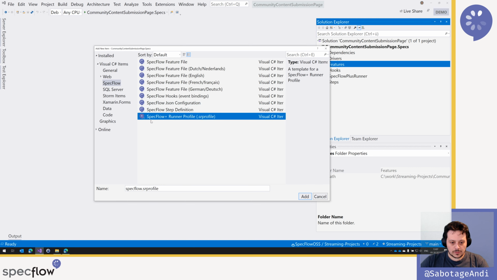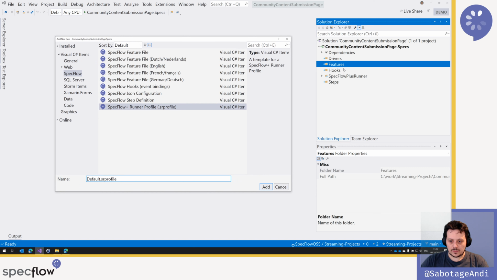And the same is also for the SpecFlow Plus Runner as a profile. This should have the name default as a profile. So you have here the templates to configure your SpecFlow Plus Runner. But what we want now is a SpecFlow feature file, and